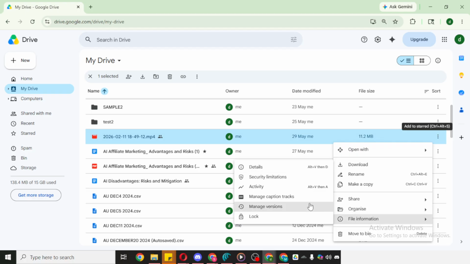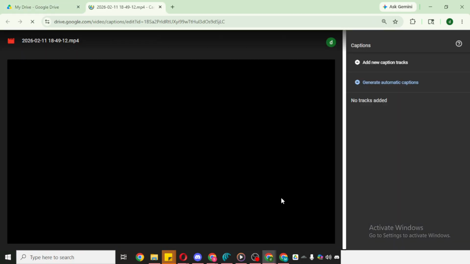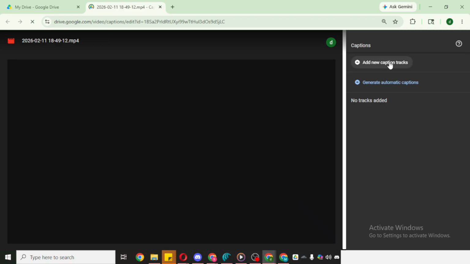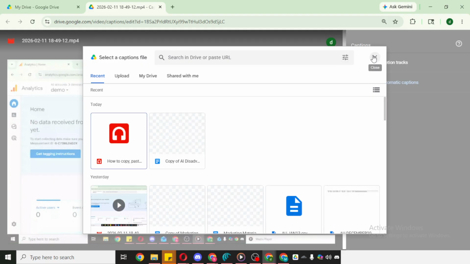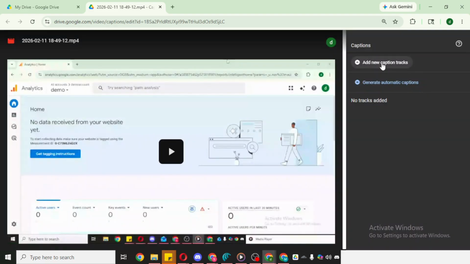A new panel or dialog will open where you manage captions for this video. Here, click Add New Caption. This is where you attach your caption file to the video. If you already have captions prepared, choose the file from your computer. Standard caption formats like SRT and VTT are commonly supported, and it's best if they're saved with UTF-8 encoding to avoid odd characters. Keep in mind that the timing inside the file should match your video's audio, because Google Drive will display captions exactly as they're timed in that file.